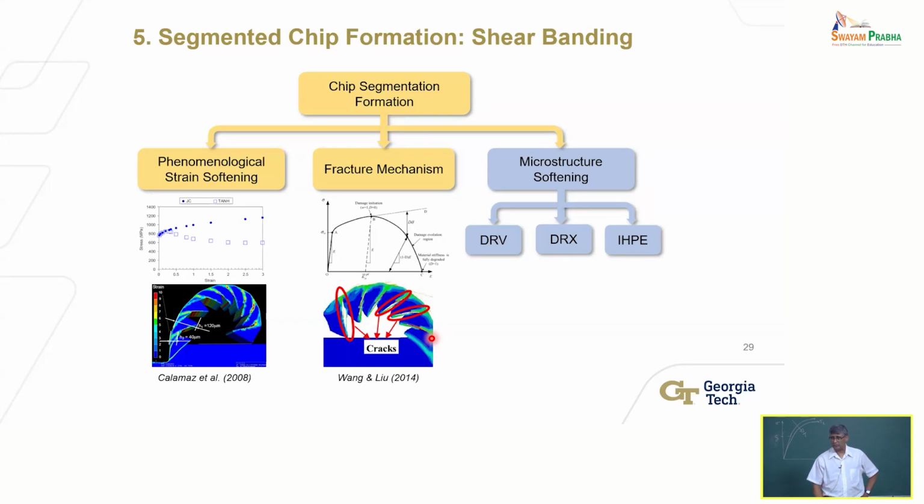So it's a complex phenomenon that happens in certain types of materials. Generally, materials that have low thermal diffusivity, such as titanium, Inconel, even some steels, will exhibit this type of behavior. This type of chip formation can be bad because high strain, low strain, high strain, low strain, every few milliseconds, means the force will also vary. High strain, material is stronger, right? Stress-strain relationship: high strain, higher stress. So the material behaves stronger. Then immediately after that, low strain, material is softer. So you will see an oscillating force behavior in this process.